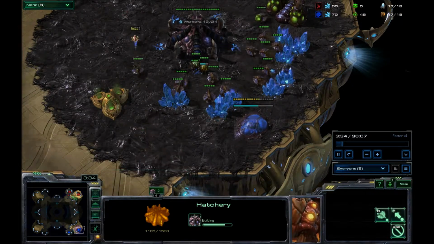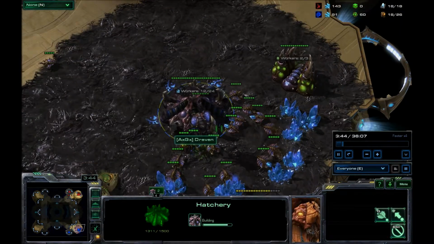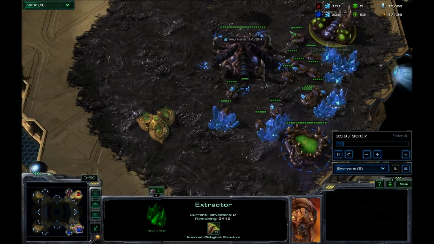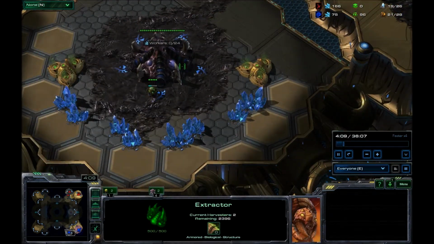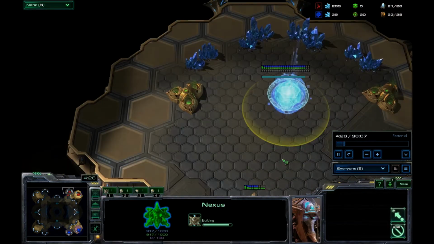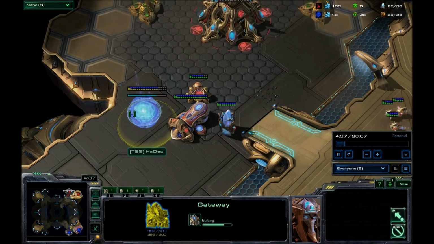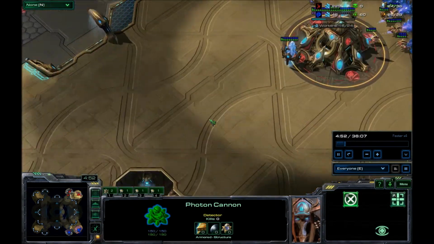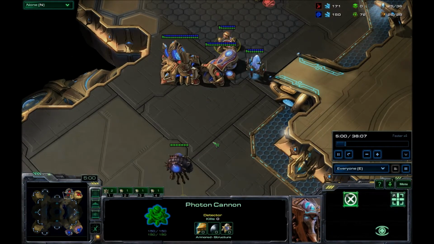So that's what I normally do. You see he stops me and I almost lose. So I'm getting my spawning pool, extractor, got that going. Got my second base going. It's up before his, but he catches up pretty quickly. I see that he's got no cyber core, and that's what allows people